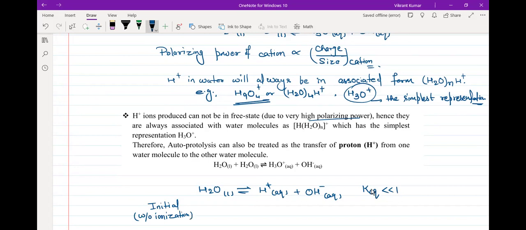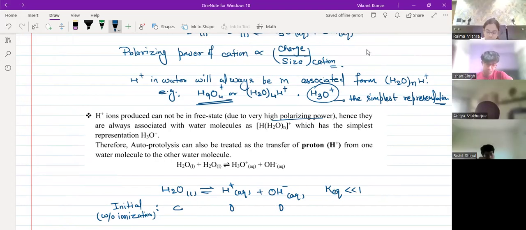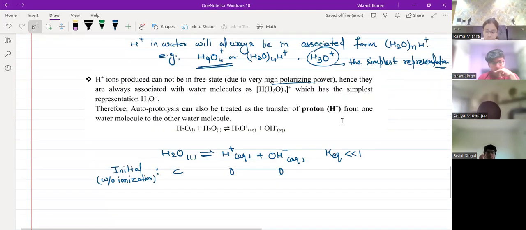If I consider that its concentration was C, we will talk about that also. Once JEE asked exactly this: what is the molarity of pure water? Anyone having any answer? Considering density to be 1 gram per ml, what will be the molarity of water? 55.55, 55.56 if you round it properly. 55.5555 comes, so this will be 55.56. We'll talk about that also. Again, I'll tell you how it is coming, because sometimes they change the density also. Like in electrochemistry I give a question in which density will be different from 1 gram per ml, and that's why we'll talk about that also.